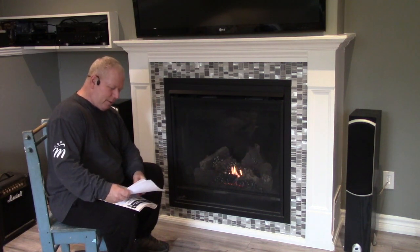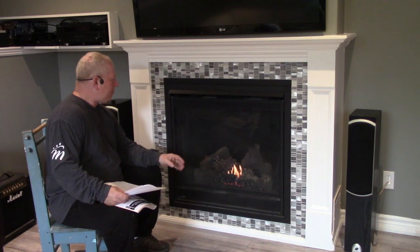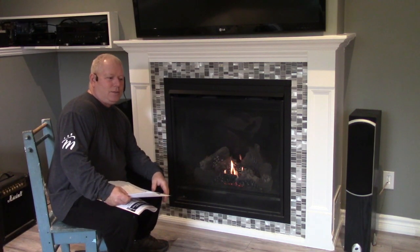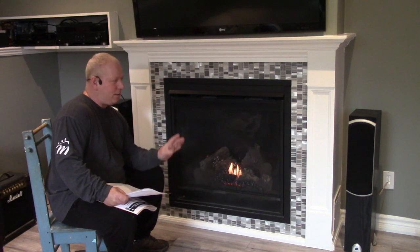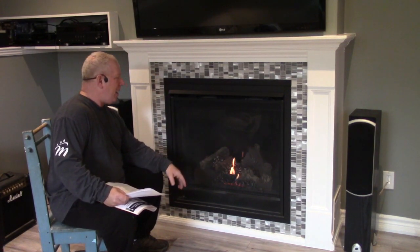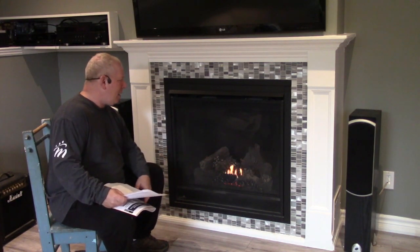All right, so this is the CB36. This is kind of their entry model. It has a screen on the front of it, and the screen is like a safety screen. I guess somebody had to stand up against their fireplace and sue one of the fireplace companies, not necessarily Napoleon, but one of the companies, because of course it's a fireplace and the glass is hot. Now all the new fireplaces have to have these stupid screens on them, which takes away from the look of